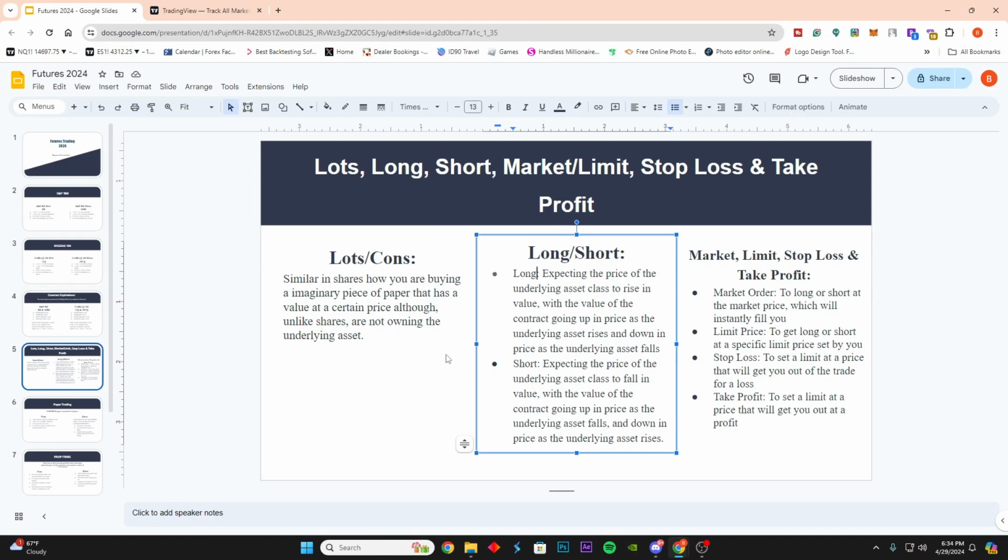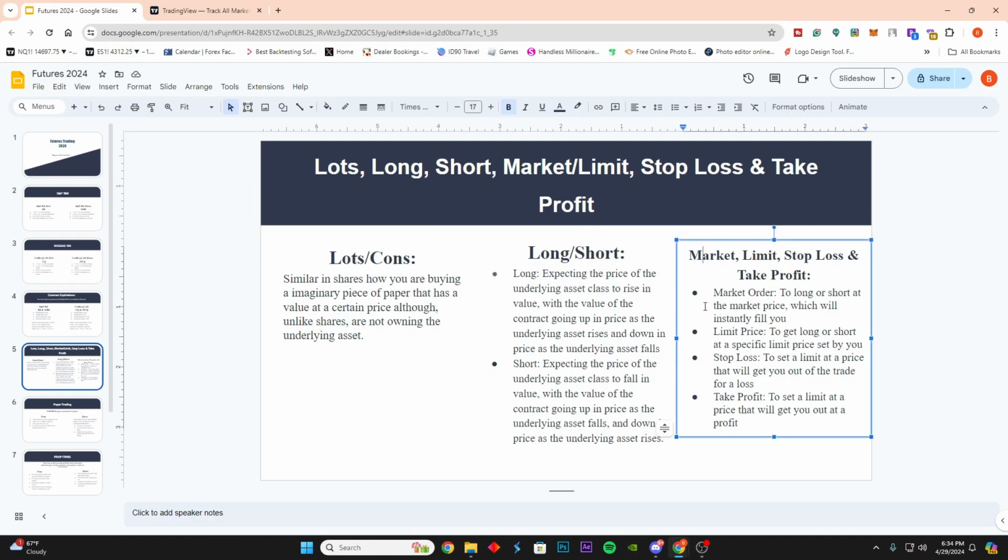So the nice thing with futures compared to stocks is you can make money whether the price of the asset goes up or down. If you're going short, expecting the price of the S&P 500 or the Nasdaq to fall, you will then buy it back at a later, lower price, and you will keep the profit you made from the difference. So yeah, now looking at just some general things to know, we have a market order, a limit order,